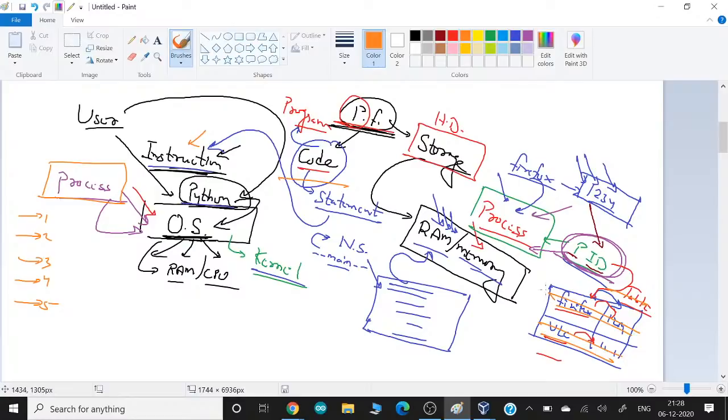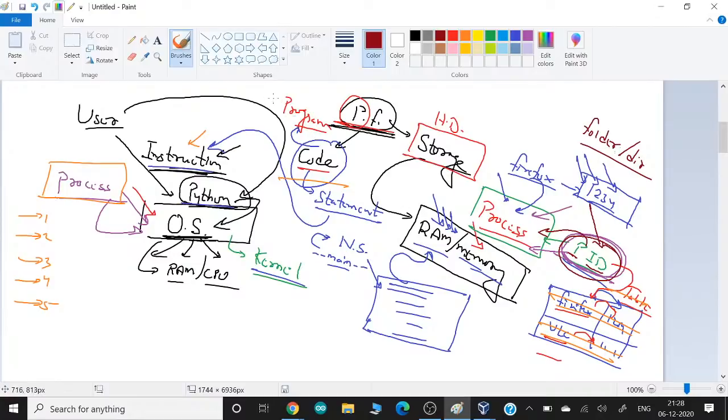Okay, the right concept that I'm going to show you right now with a real practical, I will visualize for you. If you talk about the process ID in any operating system that we assign to the process, you know what it is? It is actually a folder or a directory. What I mean by this,